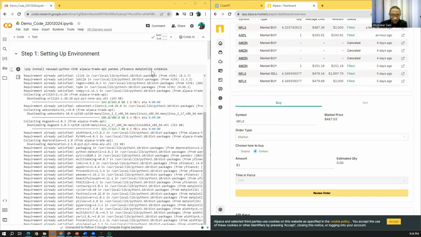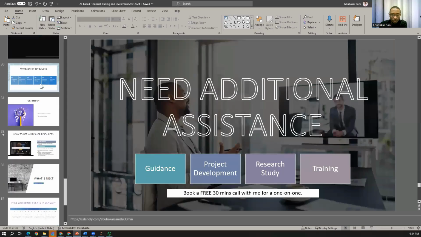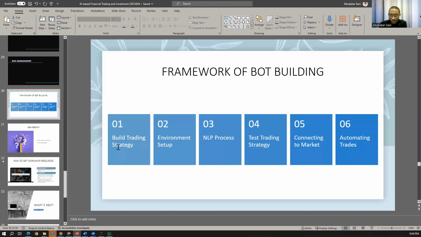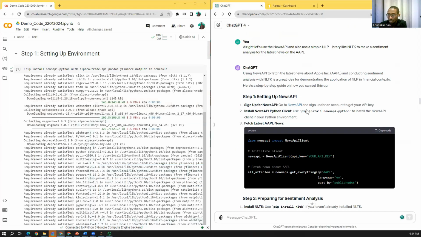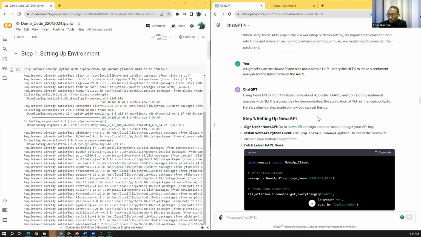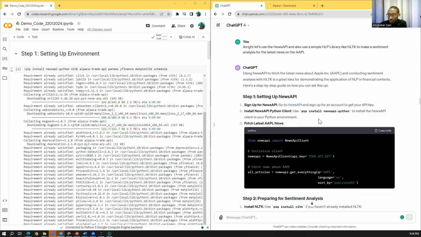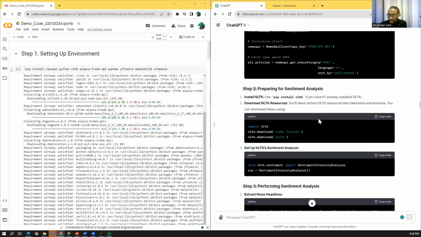If you look at our framework, the first thing we want to do is start with building a trading strategy, and that is where ChatGPT comes into play. I talk to it and discuss my strategy with it.